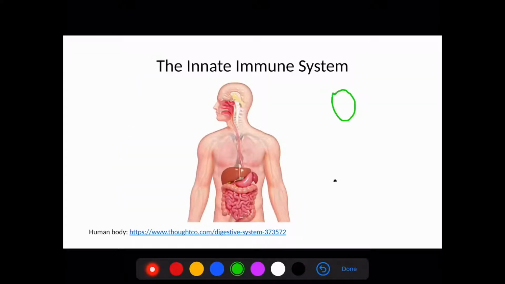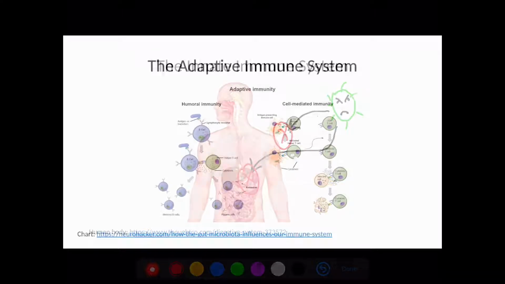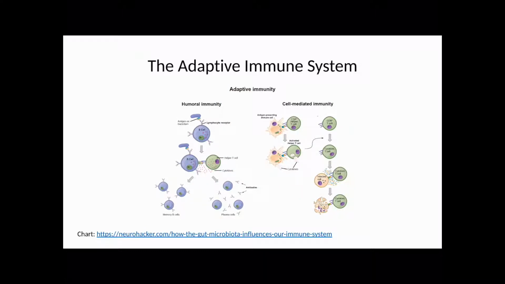The immune system is broken into two parts, the innate immune system and the adaptive immune system. The innate immune system includes the skin that acts as a physical barrier, sweat that contains enzymes for pathogen breakdown, and the acidic environment of our stomach. The adaptive immune system is the main focus of our video, and that is split into two parts, cell-mediated immunity